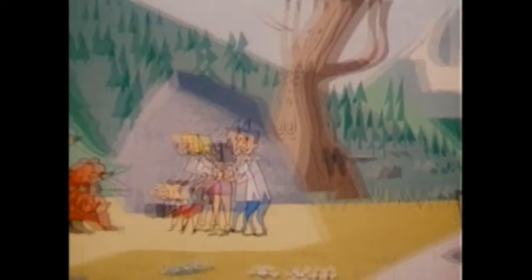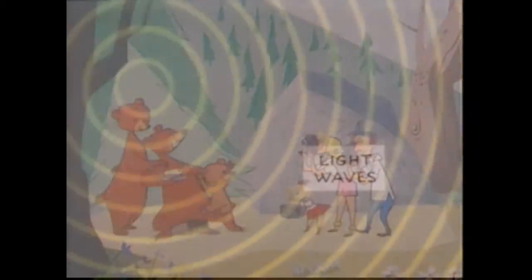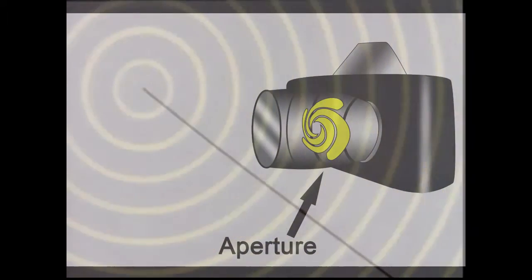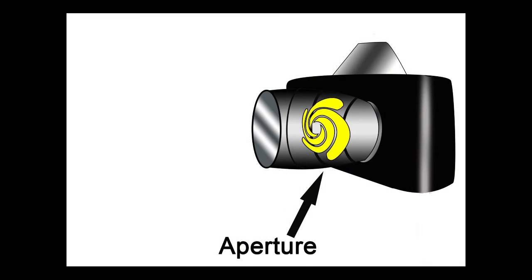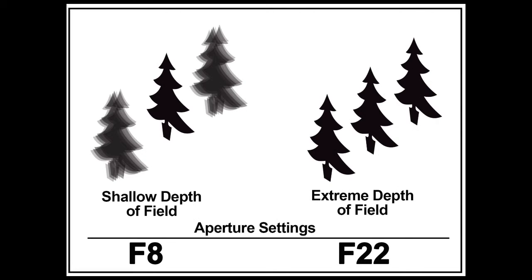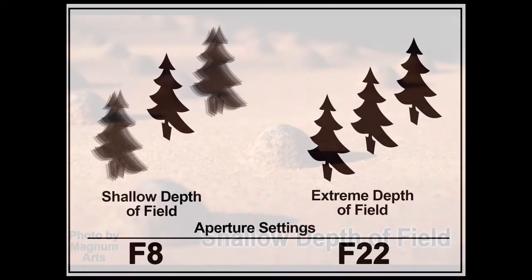In this lesson, I'm going to break down what the shutter and aperture actually do and what each effect has on your pictures with lots of visual examples and a minimum of jargon. Let's start with the aperture, which is in your lens. The aperture controls depth of field, which is a fancy way of saying how much of your picture will be in focus. Sometimes you want everything to be in focus, and sometimes you only want a narrow zone to be in focus. Here are a couple of examples.